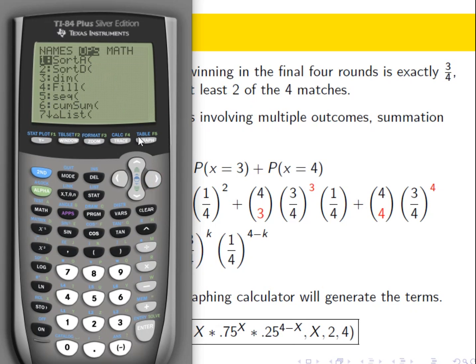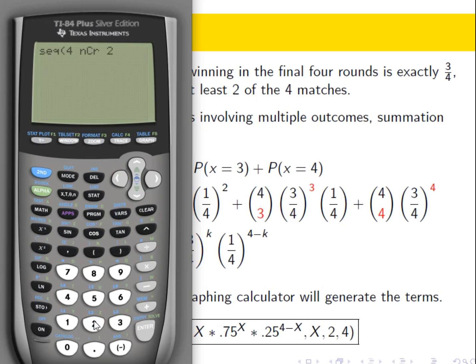And the 5th one here is sequence. Now, this cum sequence will work. Sorry, option 6, it'll do it all at once. What I like to do with option 5 here is display all the terms. So sequence, and then I need 4 choose, so I'm going to go 4, and then math, probability, NCR,